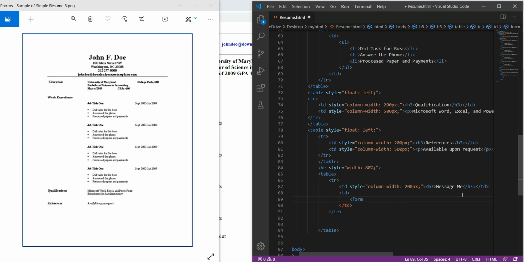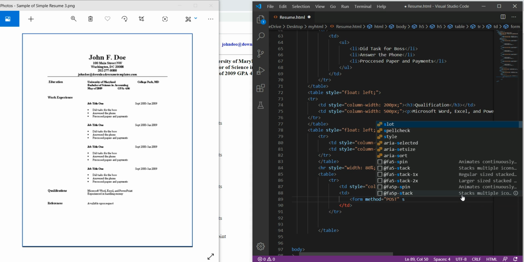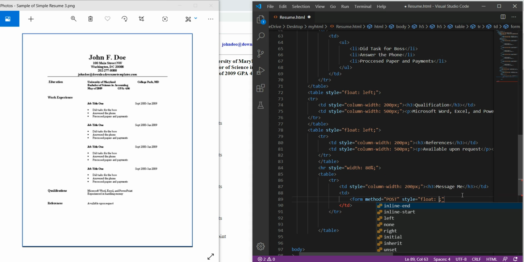So form here, and for the form another attribute I will use, and give this value as post. And another attribute of the form I would like to use, because I just wanted to float it to the right.